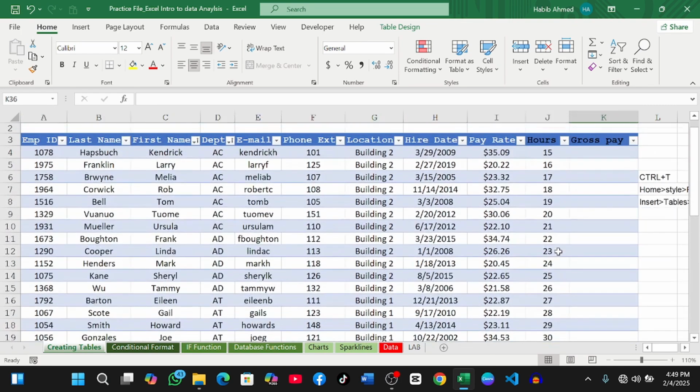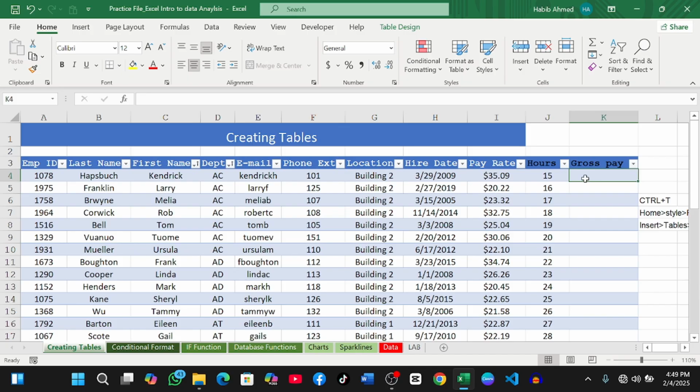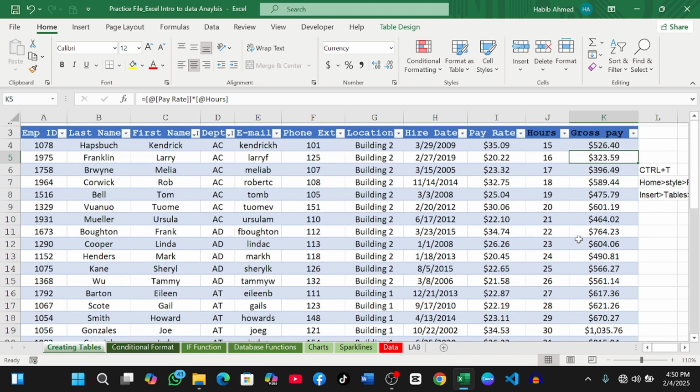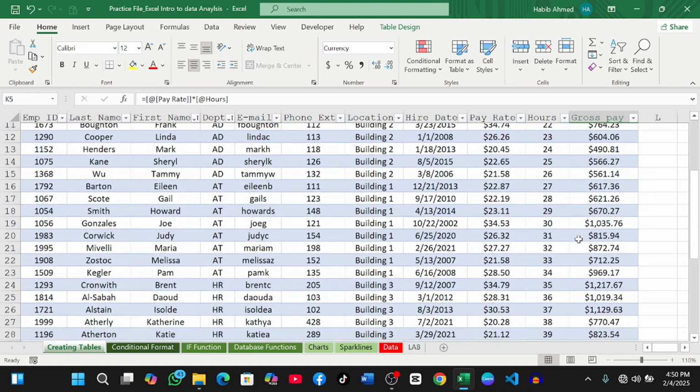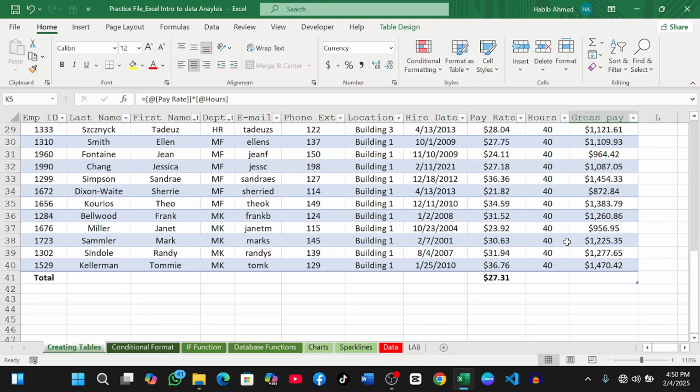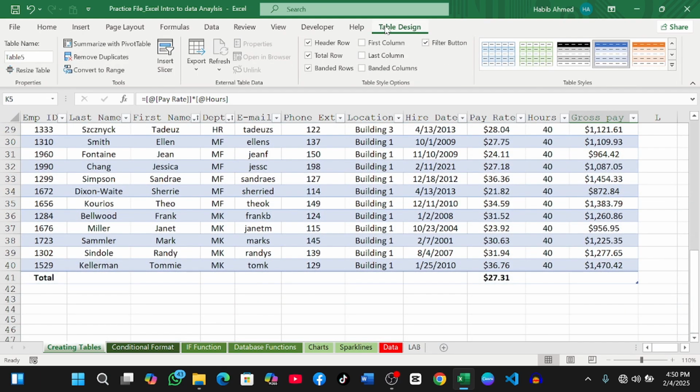And what will be our gross pay? Our gross pay will be equal to the pay rate multiplied by the hours. If I click on enter, it will automatically do it for us for all the rows. It will put all our data here. And if I go to table design,